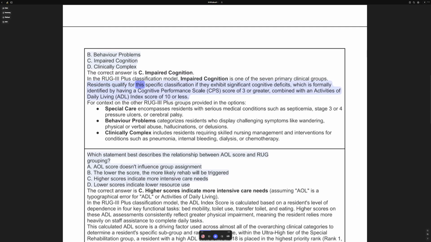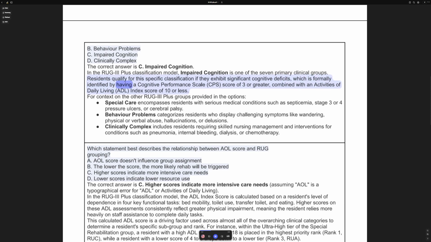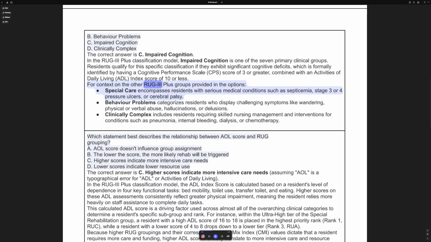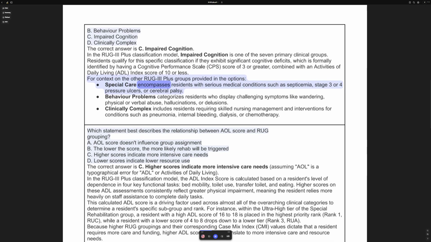Residents qualify for this specific classification if they exhibit significant cognitive deficits, which is formally identified by having a cognitive performance scale, CPS, score of 3 or greater, combined with an activities of daily living, ADL, index score of 10 or less. For context on the other RUG 3 Plus groups provided in the options, special care encompasses residents with